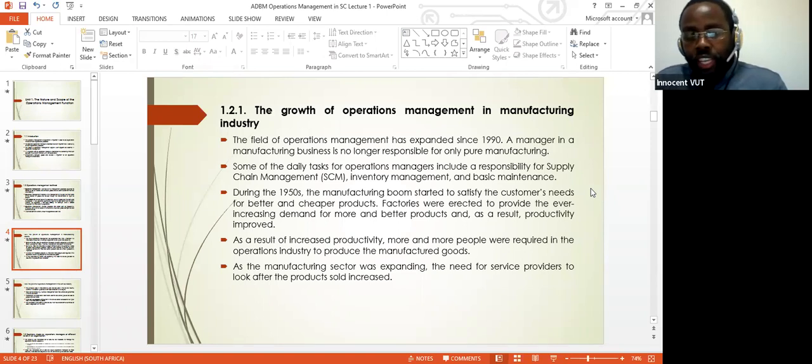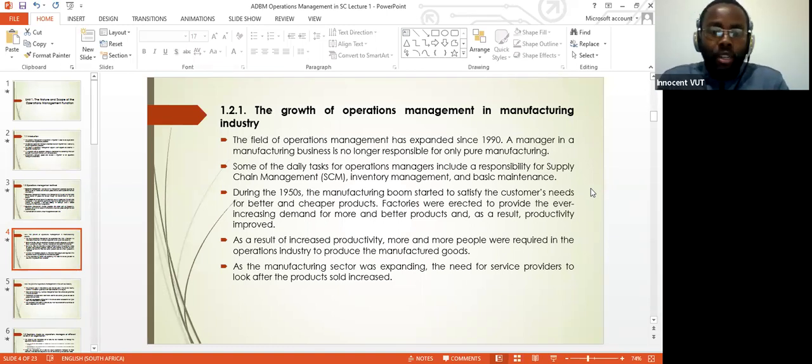As a result of the increased productivity, more and more people were required in the operations industry to produce the manufactured goods. So labor was supposed to increase also, so that we have a lot of people working, manufacturing goods,